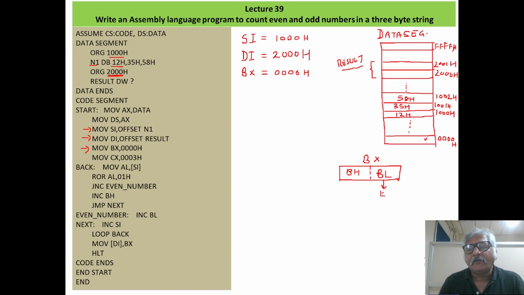Even numbers counting will be stored in BL.